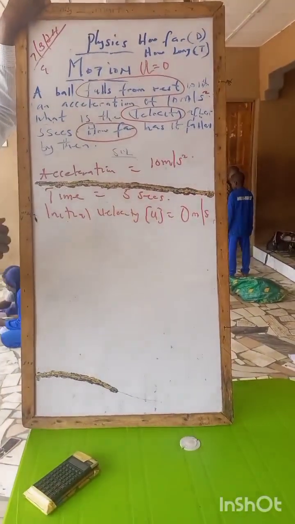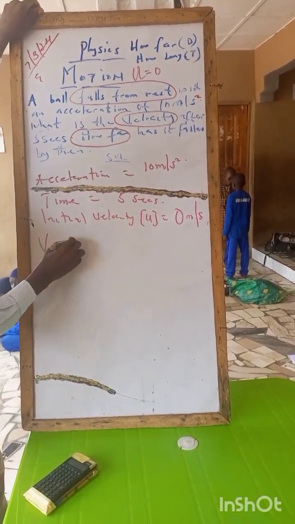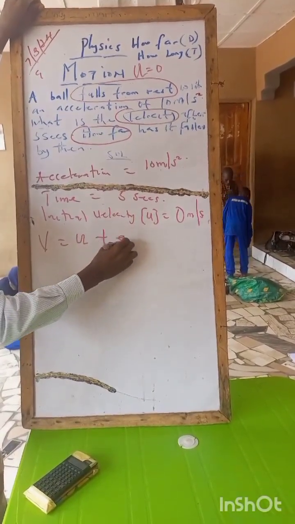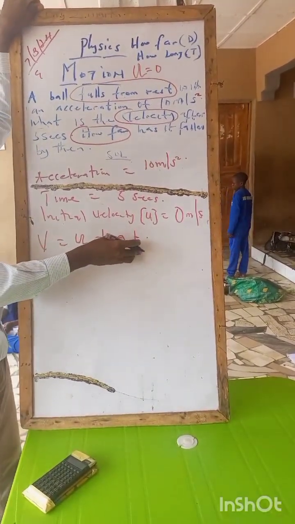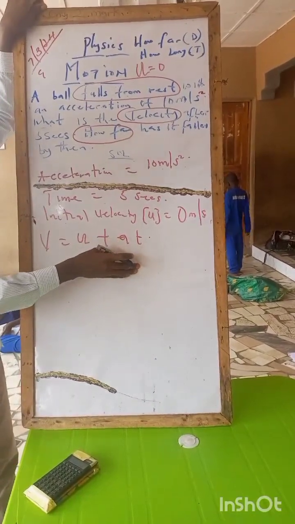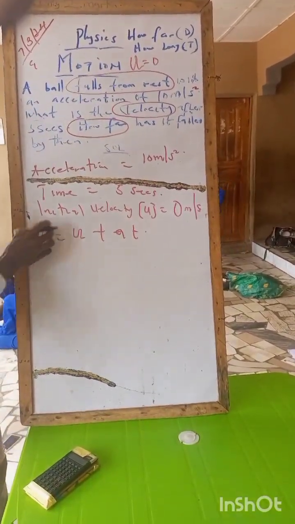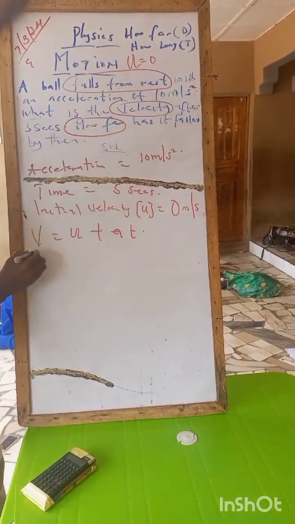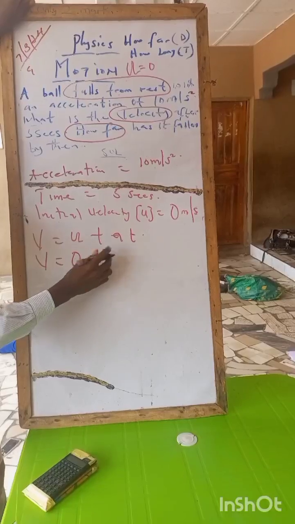Now it asks, what is the velocity? That's the final velocity. So from this formula, v equals u plus at. We have chosen this formula because all our parameters are present in it. So our v is what we have to find, and v will be equal to u, which is 0, plus a,